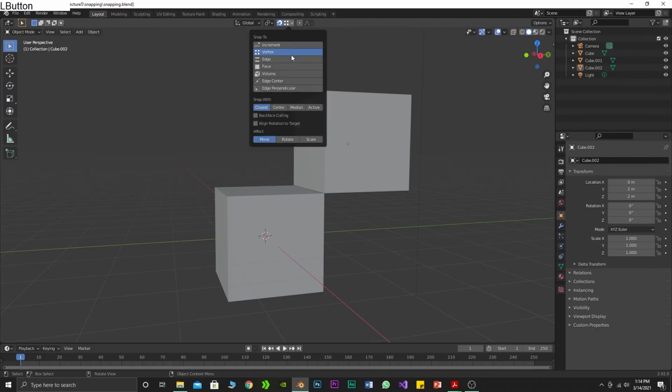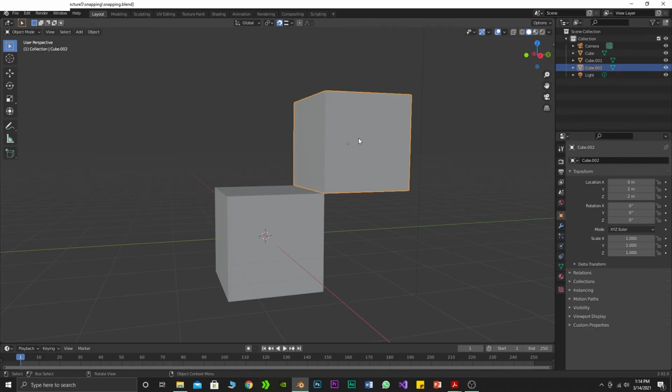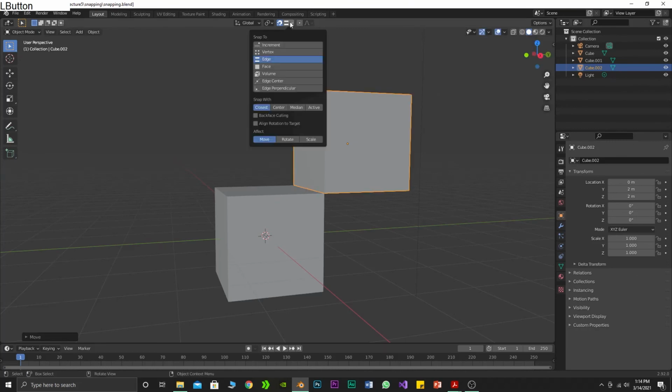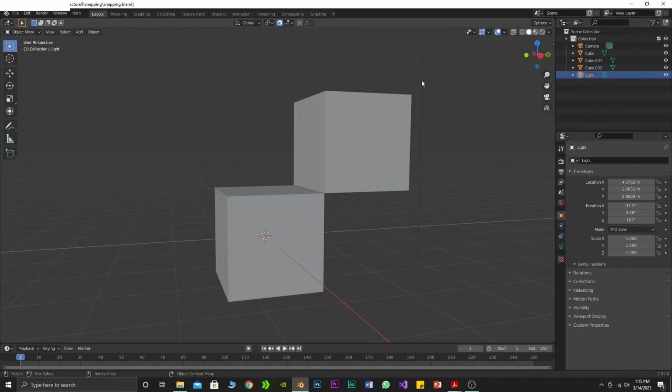You can do the same with the edge select. You can just go here, grab it, and you can see that these edges are now snapped together, and you can move the mesh along the edge. These two are the most relevant snapping methods available to us in Blender. All of the others are used in complex methods, which we will learn with the projects. So that's all